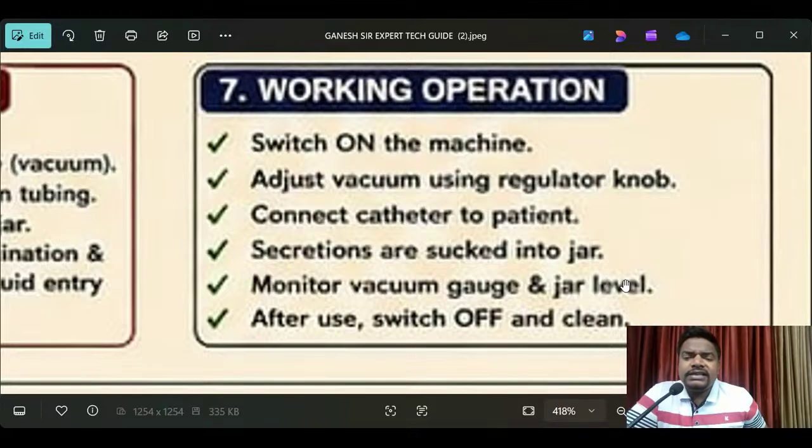Basically, biomedical engineers do not do the regular operation. Only technicians in ICUs and nursing staff operate this suction machine. Doctors also sometimes use it for suctioning purposes. But why am I giving this information? Because these live sessions are going to cover